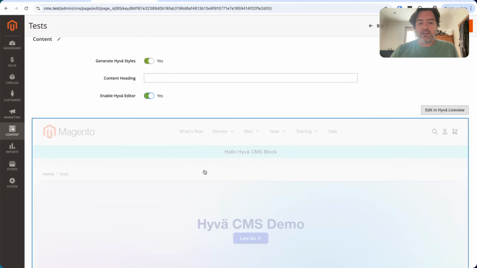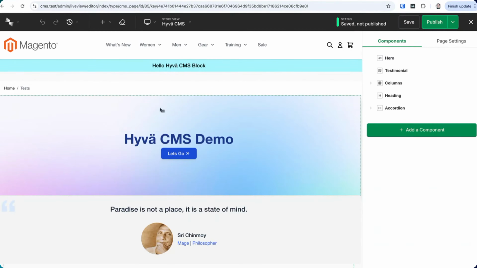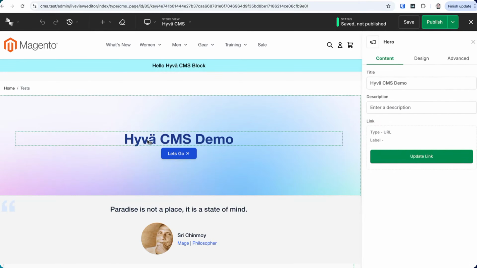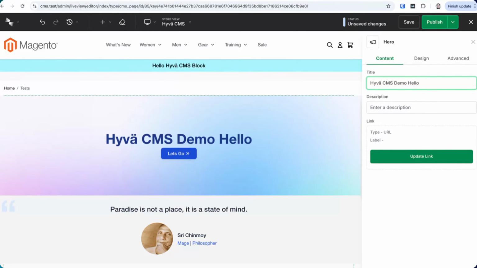And to start editing, you just click on it and it opens up the Hoover CMS editor. And there's lots of cool features here, lots of great ways to manage the content. But I think one of the real standout things is we have what we call our live view editor. We call it live view editor because it's like a live preview editor. So as you click on things, it will open up the form, and as you type, you're going to see it change immediately. And that's really useful for the merchants, I believe.